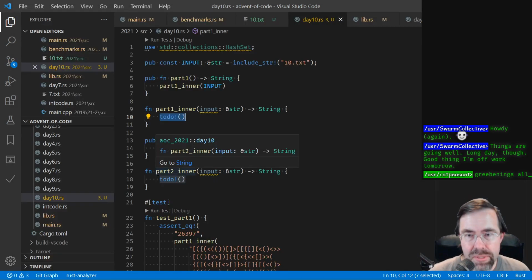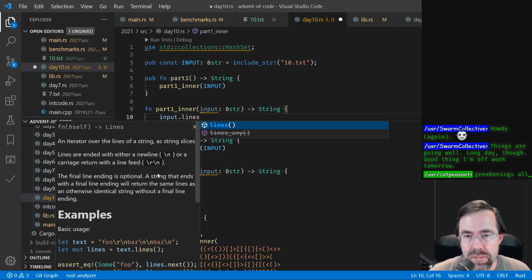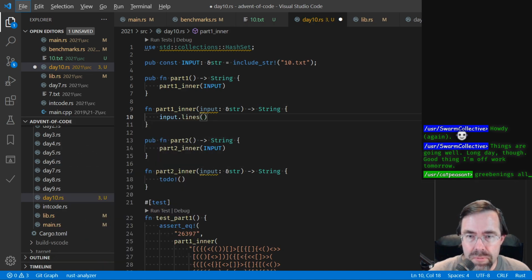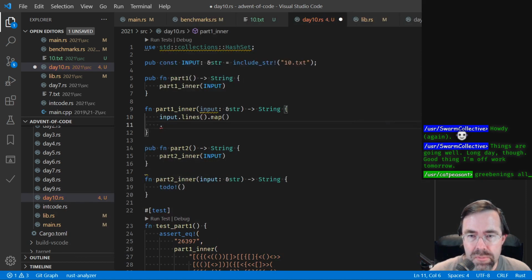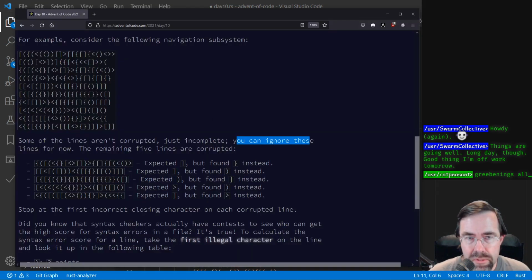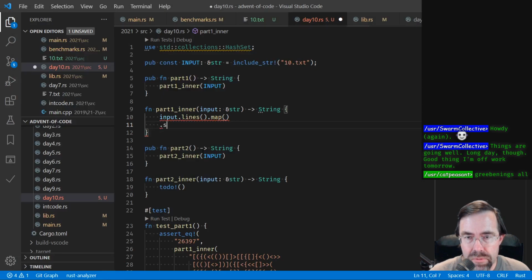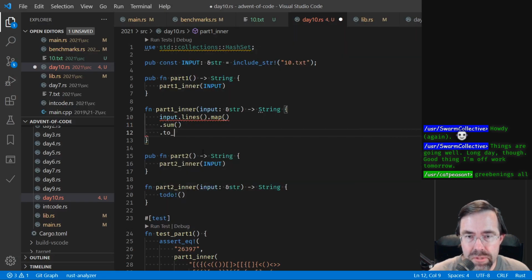Each line is independent. Input.lines dot map something, and after mapping to a score, we're going to sum them up, and to string, this needs a